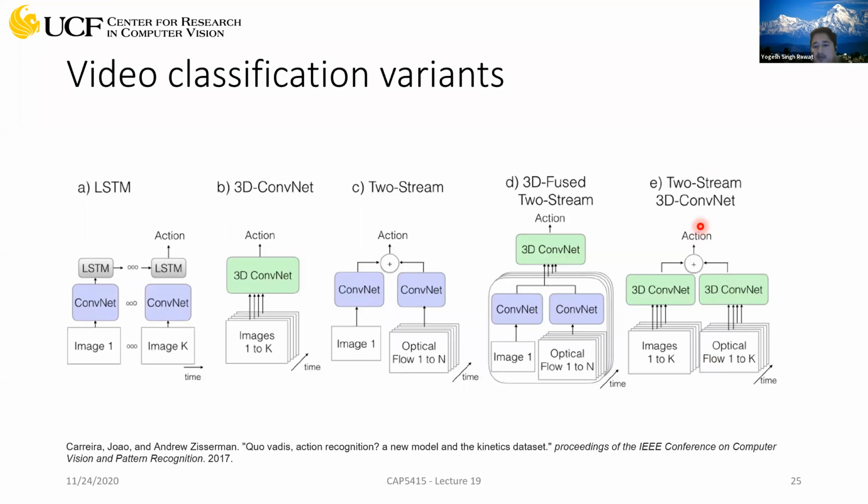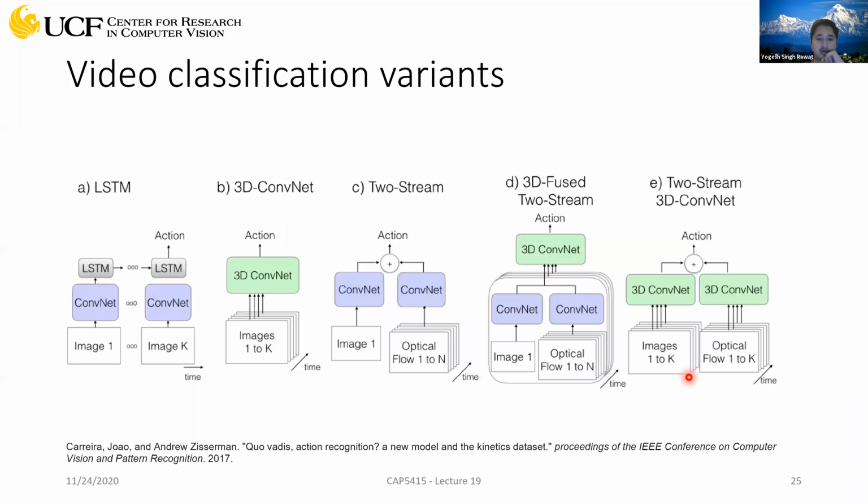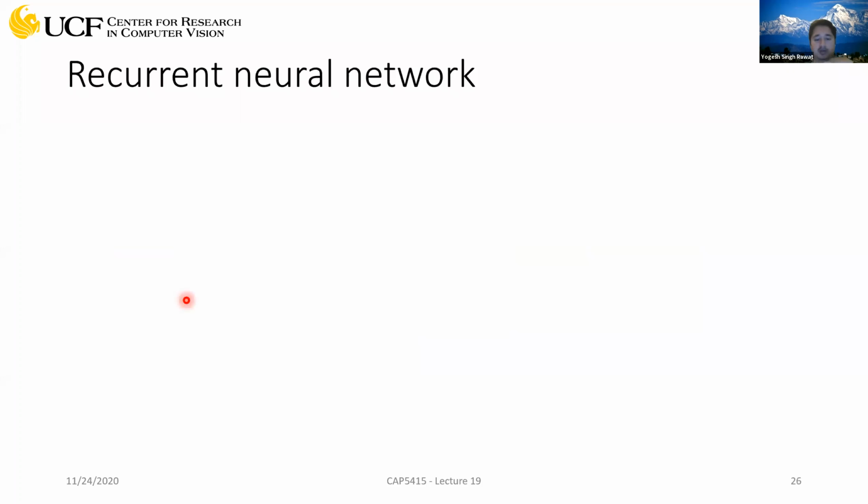And this is like a two-stream standard 3D ConvNet. This we discussed earlier, where you have a sequence of images for appearance, use a 3D convolution network, and optical flow from the same video, use a 3D ConvNet, average those out, make the prediction. So these are different variants which can be used for performing video classification or, let's say, action recognition. All right. Now let's talk about what this recurrent network is.